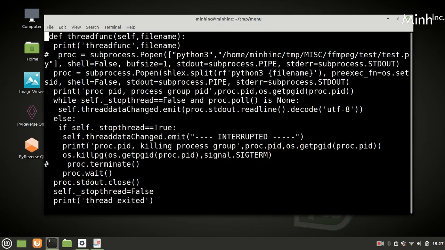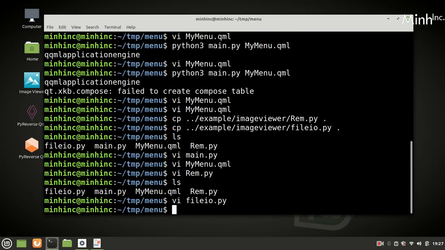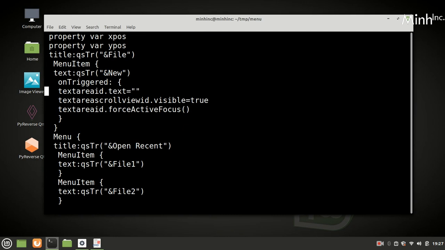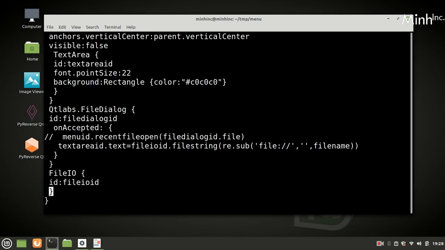So we'll use this file string which would return the actual data in a string. And my menu, what we have done is, now we implemented open, would make it visible equal to true, force active focus, and then open the file dialog, and file dialog would bring the text area as file IO ID file string. That's it, we can execute.